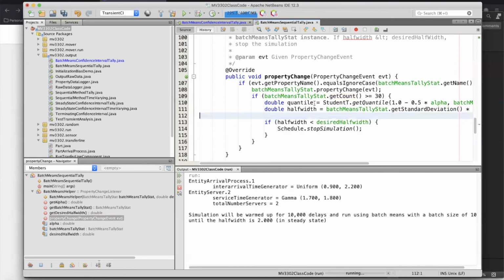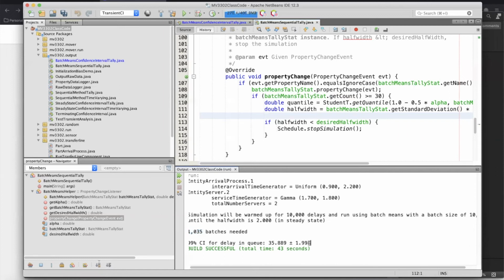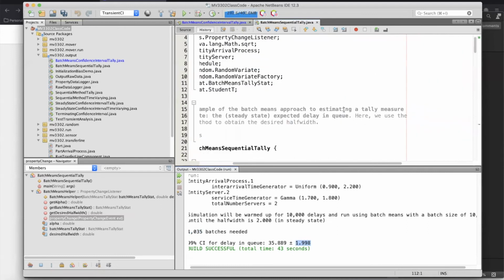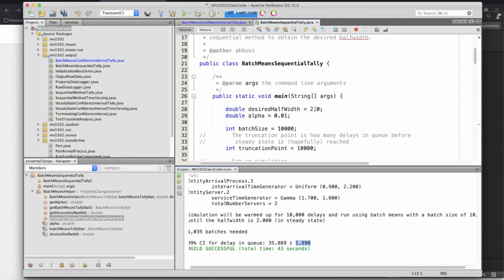Because see what happens is, okay, so it only took 43 seconds. So now look, notice it needed a little over 1,000 batches in order to get less than 2. And again, we can always play with this. So let's say if I wanted something even less, like 1.8,